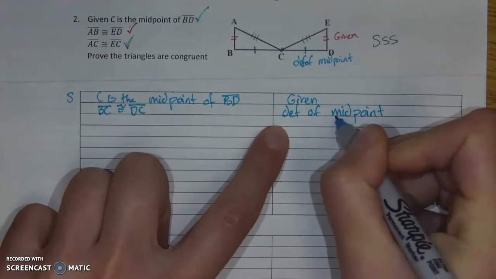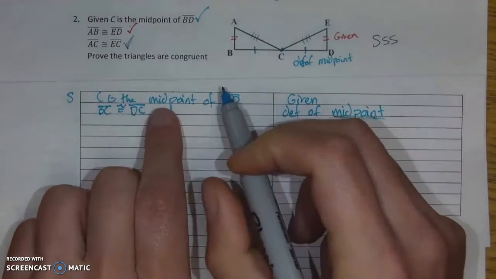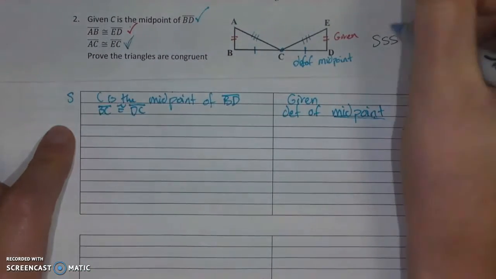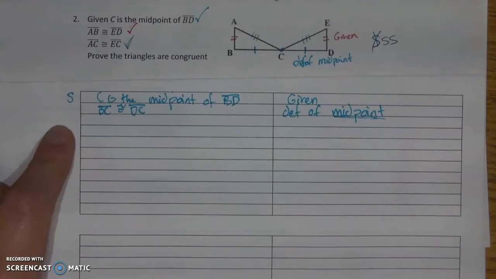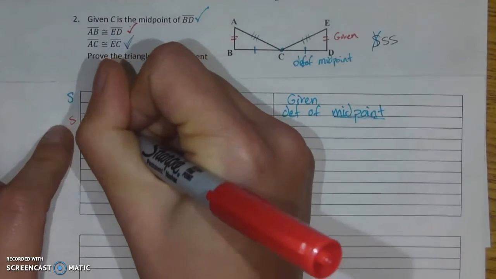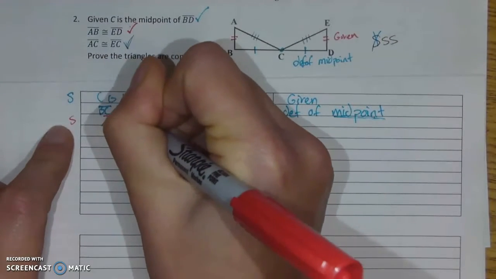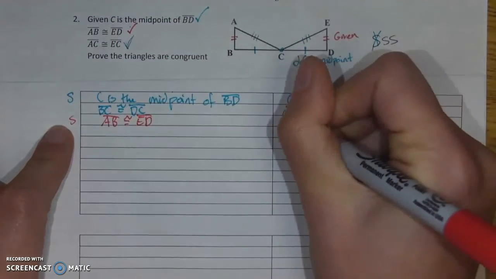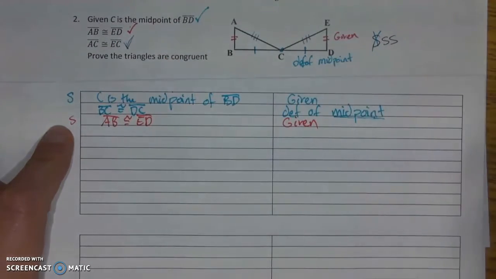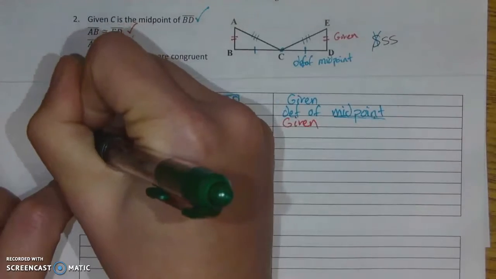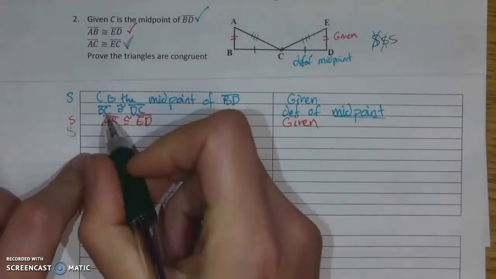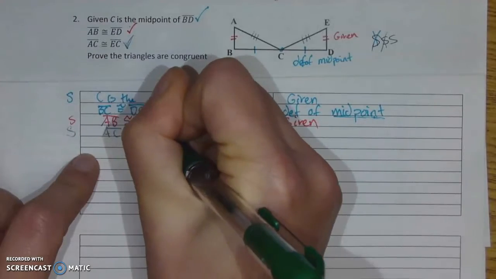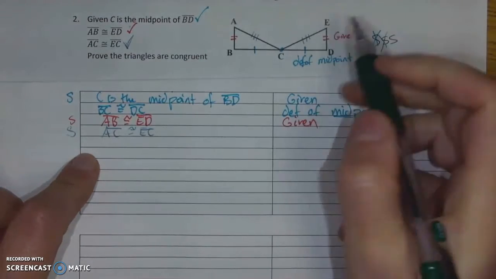And I'm just going to double check. I just used a definition. Have I mentioned that it's a midpoint? Yes, I have. So I know that I'm good to go, and I've proven my first side. My second side is AB is congruent to ED, and that was a direct statement that was given to me. For my third side, I know that AC is congruent to EC, and that was a statement directly given to me,